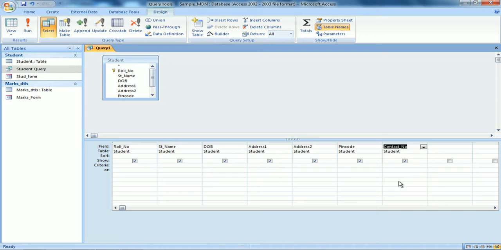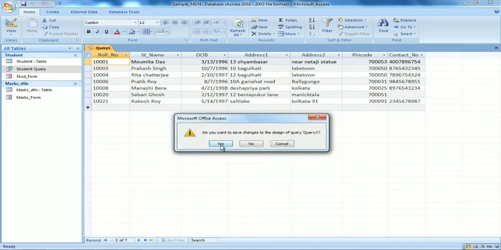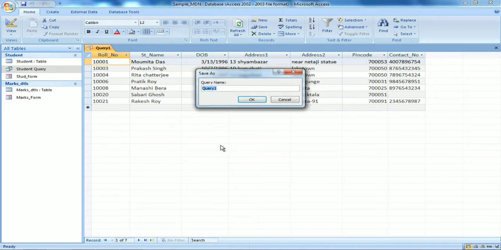Now let me see whether I again have duplicate records or not. Click on run. No, now no more duplicates. So these are my actual queries. So let's save this as query 1. Close query 1. So I will say yes. What name do I give? I give student Q1. I will run plenty of queries and save them. So I have student query 1.